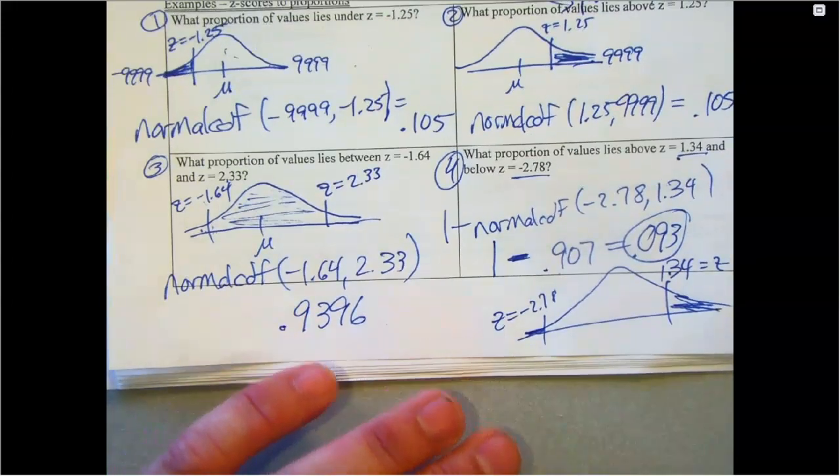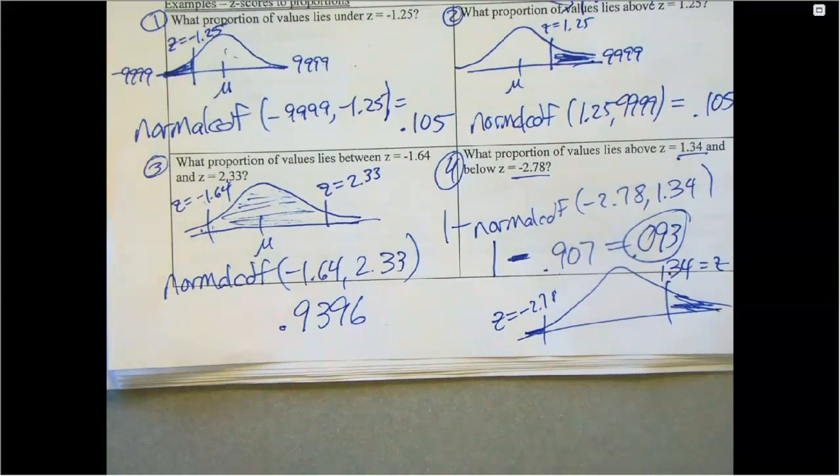My bad on that. Does that make sense, what I did and what I should have done, what I did wrong? And hopefully I didn't screw anyone up there. I did it wrong because I just assumed that it asked for between these two, but it's asking for what's above this and below this. So I followed this kind of by accident, and if I just subtract that out, I'm left with